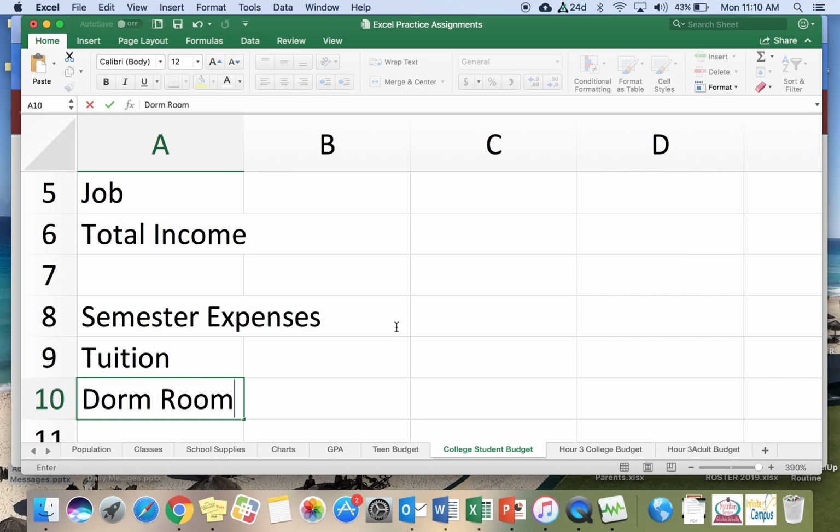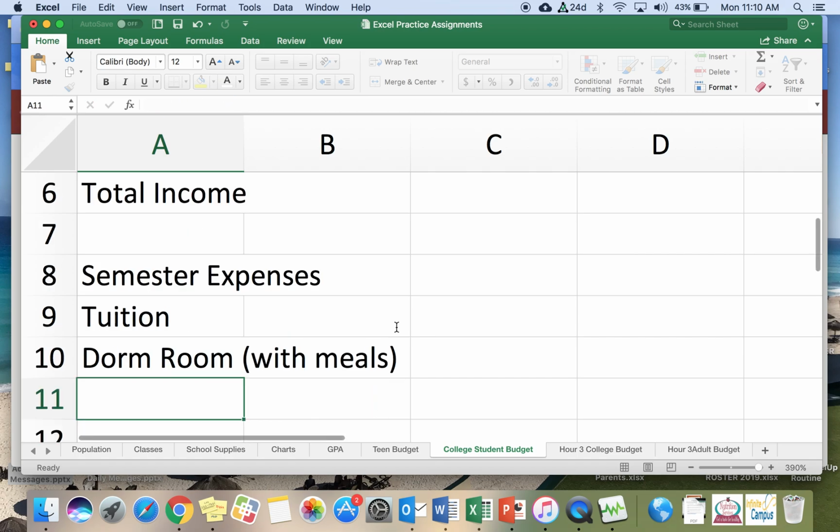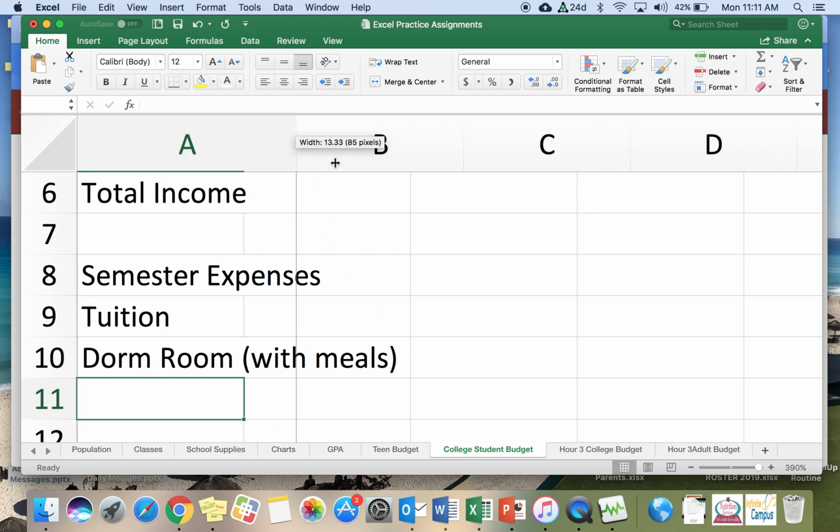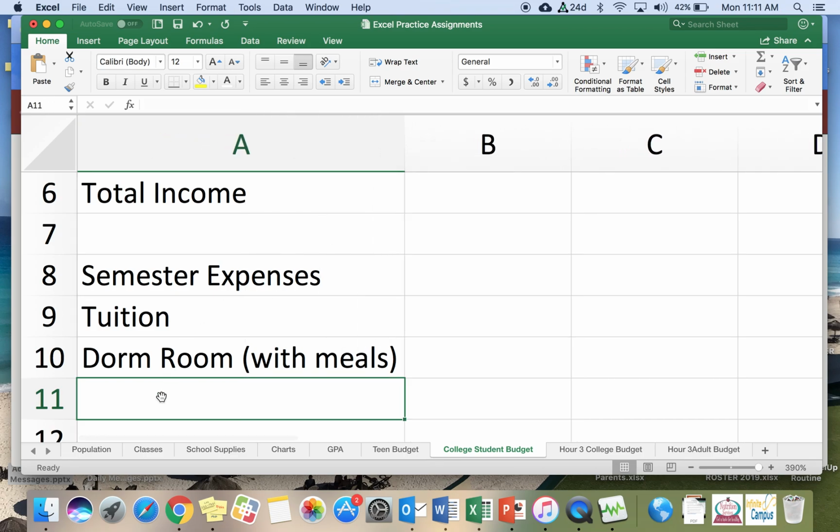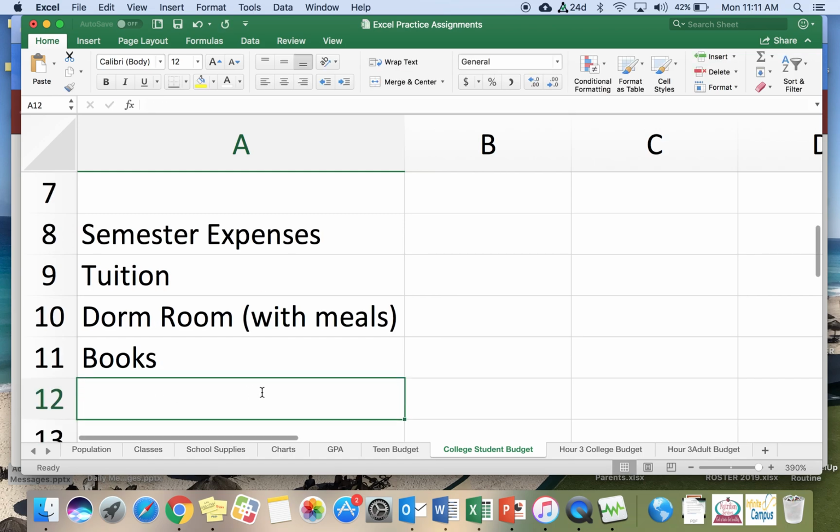Some college students live in dorms, and most of those dorms have a meal plan with a cafeteria. So we're going to do dorm room with meals. And I'm going to go ahead and make my column A a little wider here. All right, then we're going to do books. Most college students have to purchase their own textbooks. After books, we're going to do college fees,